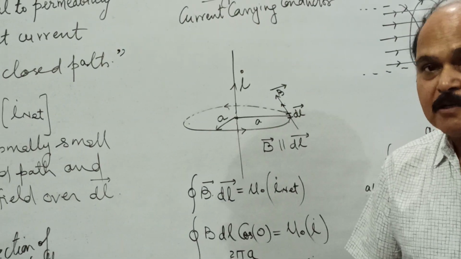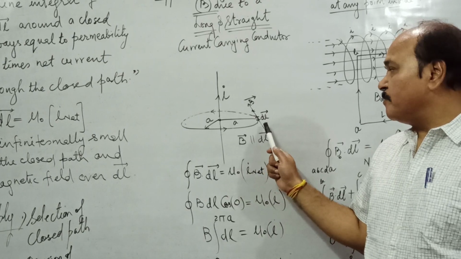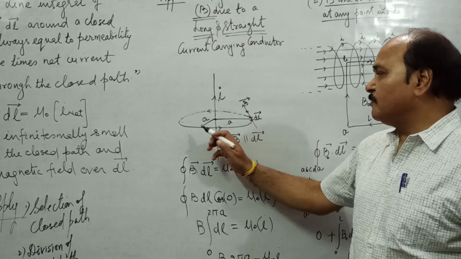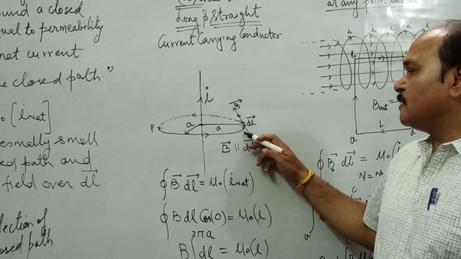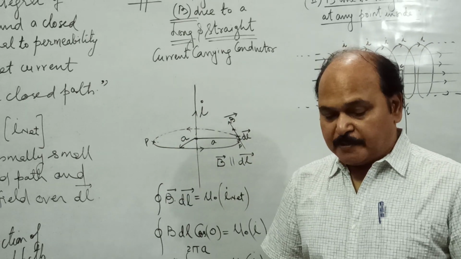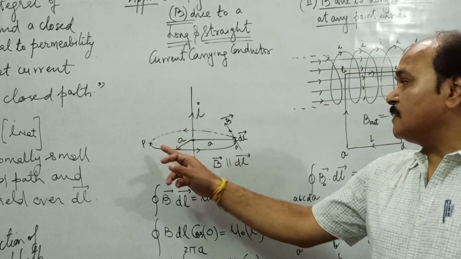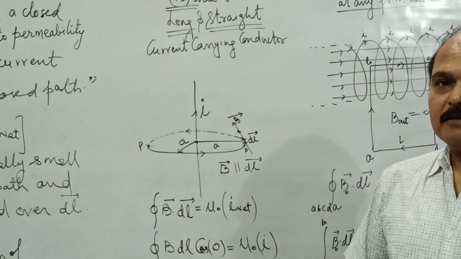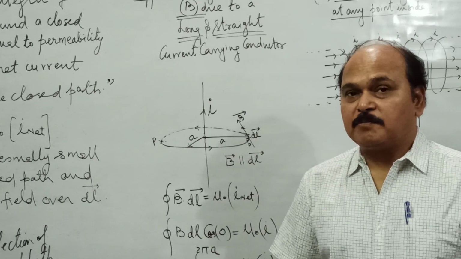So what have we done? We have made a closed path passing through point P, where we wish to find out the magnetic field intensity. That closed path is a circle, and the radius of that circle is a. Well, why do we make a circle? It is simply because